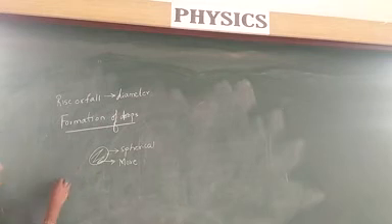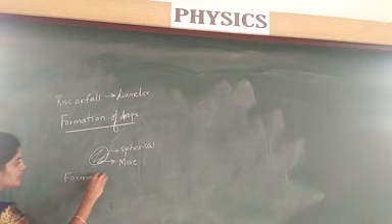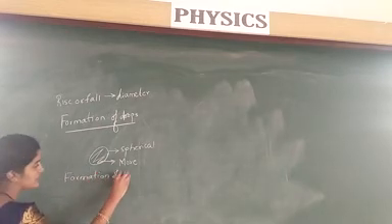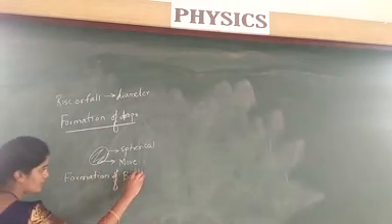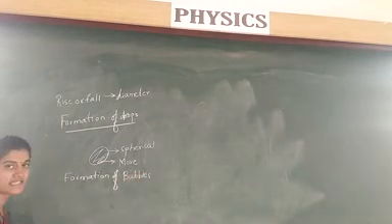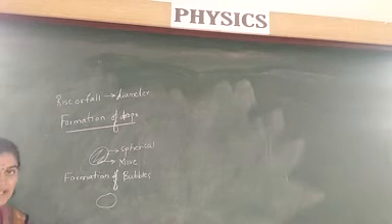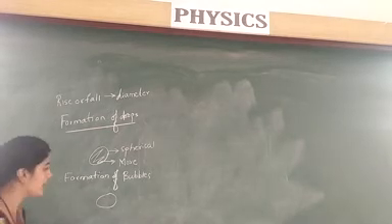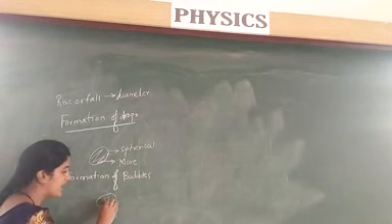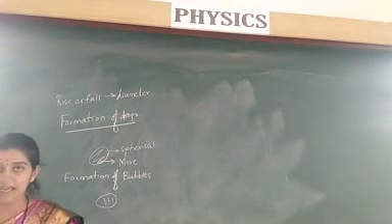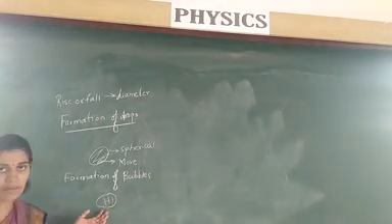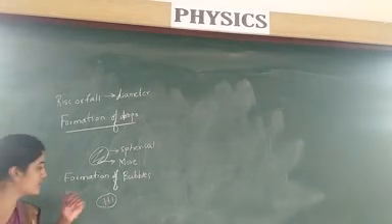Now again, one more we are studying here, the formation of bubbles. Now let us consider a soap bubble. It should always be in a spherical shape. We know that a soap bubble should also be in a spherical shape. Here also we are considering the inside pressure is more than the outside pressure. Example, soap bubbles. These are some examples of bubbles.